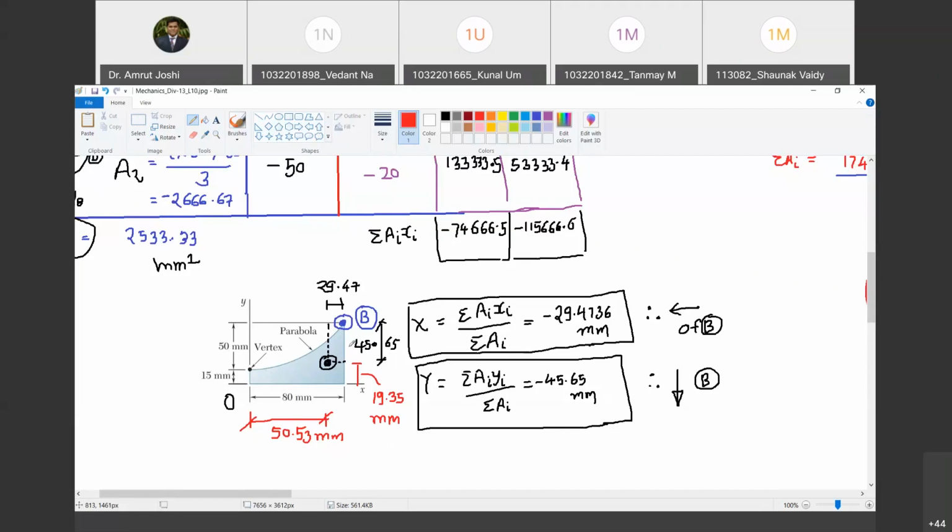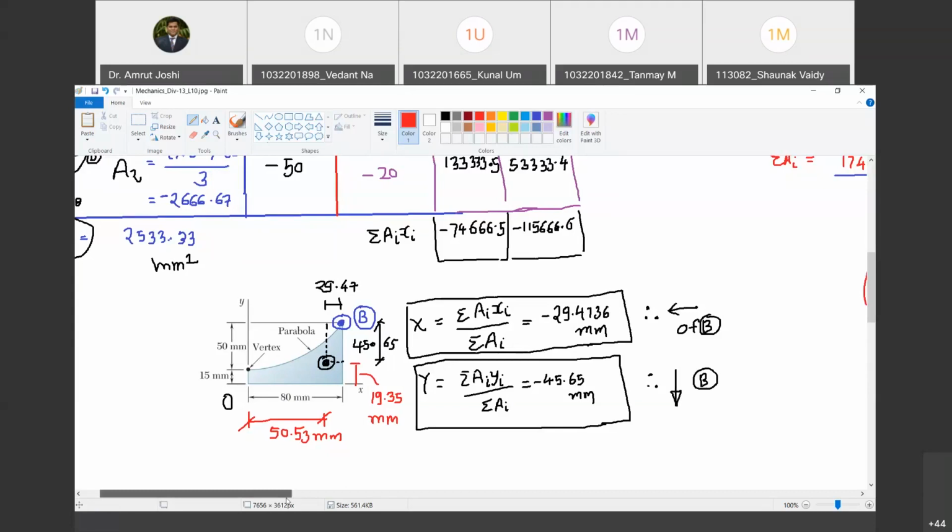So have you shared your solution with me on WhatsApp? Yes sir. Okay, so let us cross verify that. Please ping me after the lecture. But have you understood this way of doing it? Yes sir. Okay, so I don't see any correction in this answer. This answer fairly appears correct because the centroid shifts where the area is concentrated.